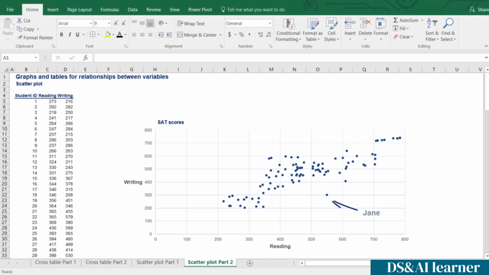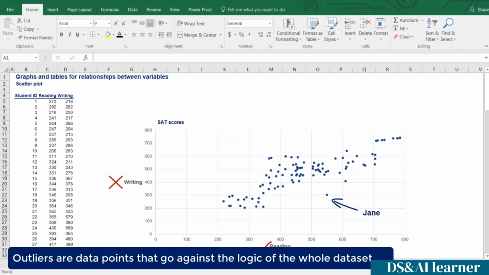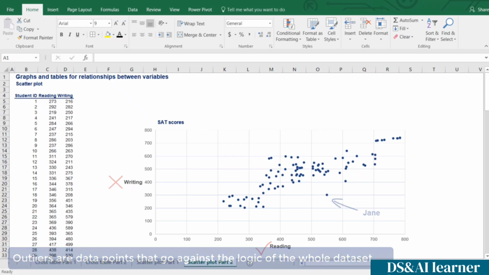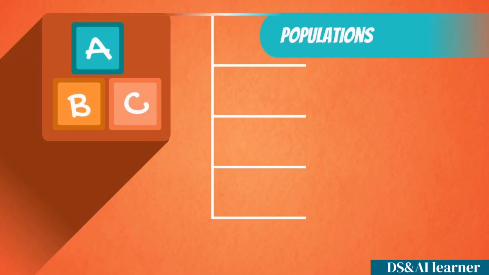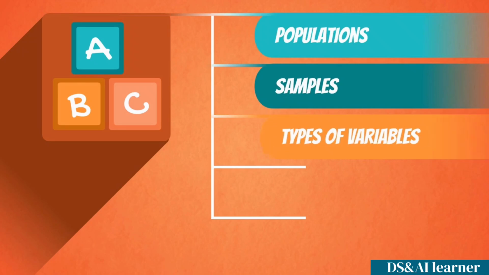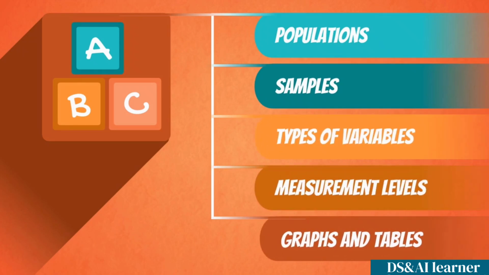Finally, we have Jane from a minute ago. She is far away from every other observation as she scored above average on reading but poorly on writing. This observation is called an outlier, as it goes against the logic of the whole data set. We will learn more about outliers and how to treat them in our analysis later on in this course. So, we have gone through the basics. We have covered populations, samples, types of variables, graphs, and tables. And it is time for us to dive